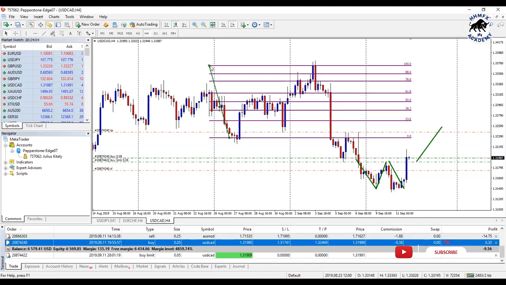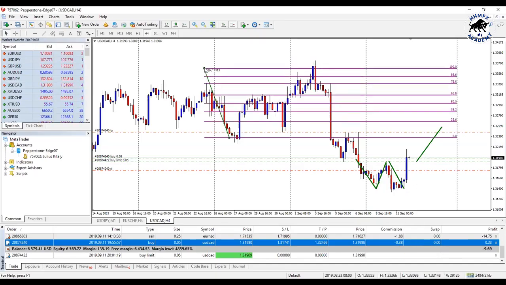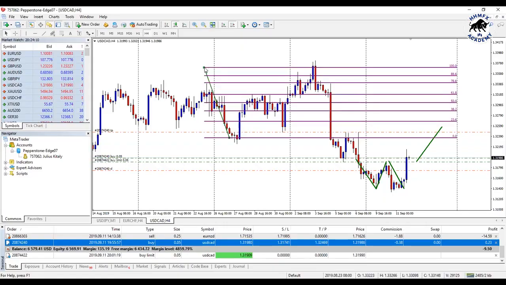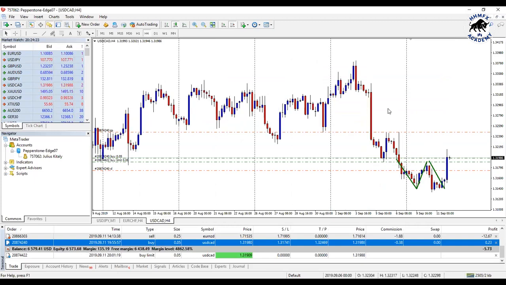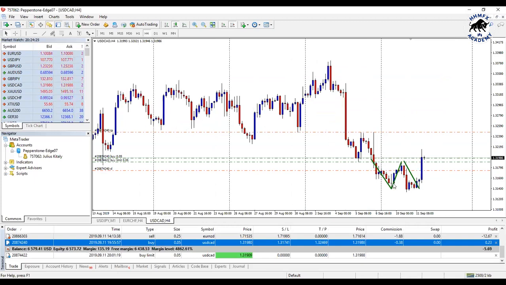Now, after you're done with this, guys, the next part is now how to draw. Okay, how do we draw Fibonacci retracement? We draw Fibonacci retracement